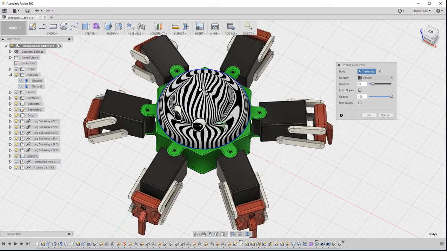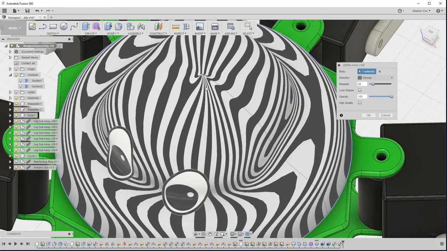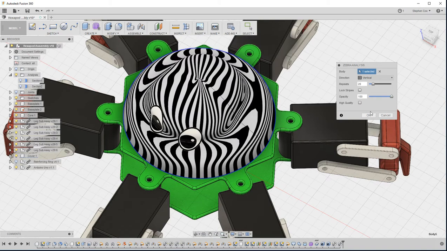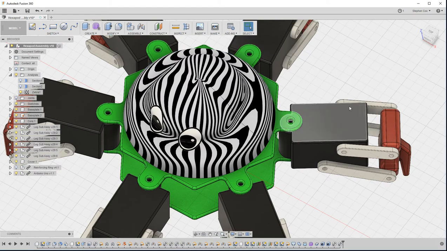So generally this is pretty good, except right in this very top corner where I can see some strange kind of pinch points going on with the zebra stripes, and that means that there's a little bit of a discontinuity in the surface there, and that might be something I want to go and deal with. Once again, if you choose enter on the keyboard or click on OK, it creates that zebra view in the browser, and if you then need to toggle it on or off, then use the light bulb as you would